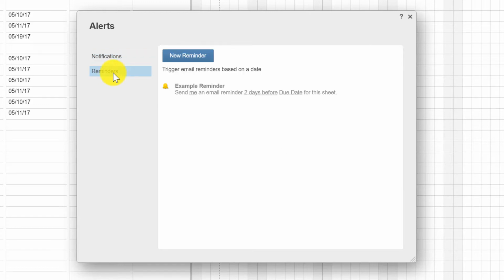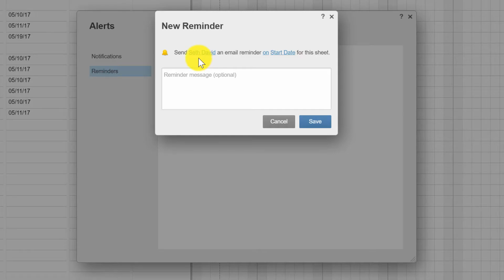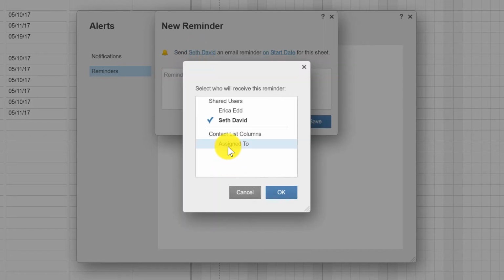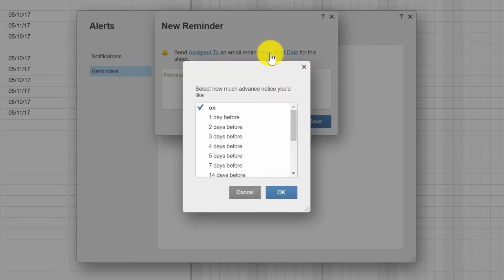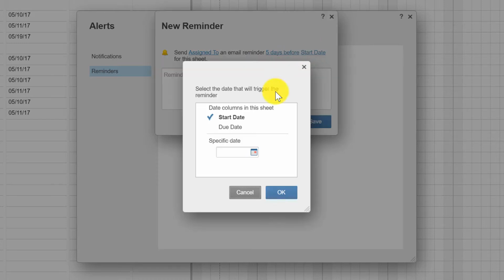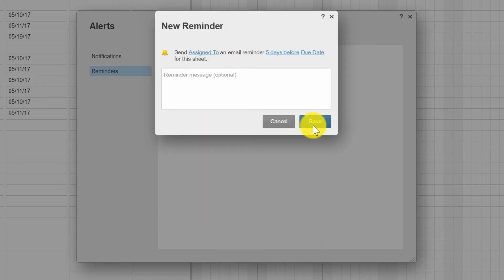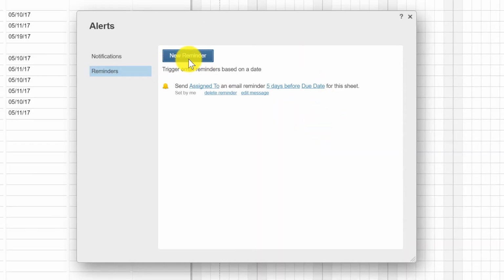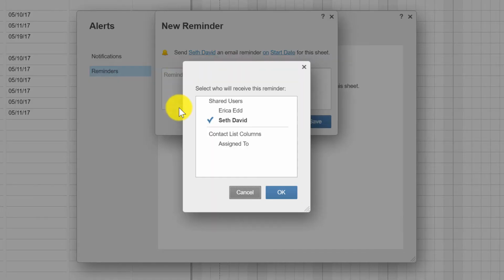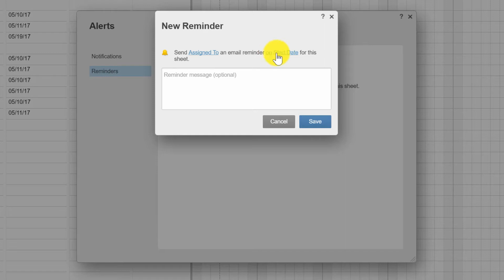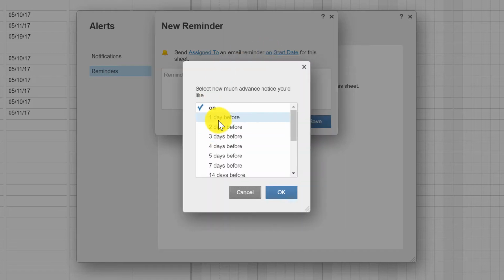Then we have reminders, right? So we're going to say new reminder, and again, I want to notify the assigned to, whoever that is, right? And let's start with 5 days before my due date. Notice I can do a specific date on something as well. Let's save that. One more. Notify assigned to. And we want it 1 day before